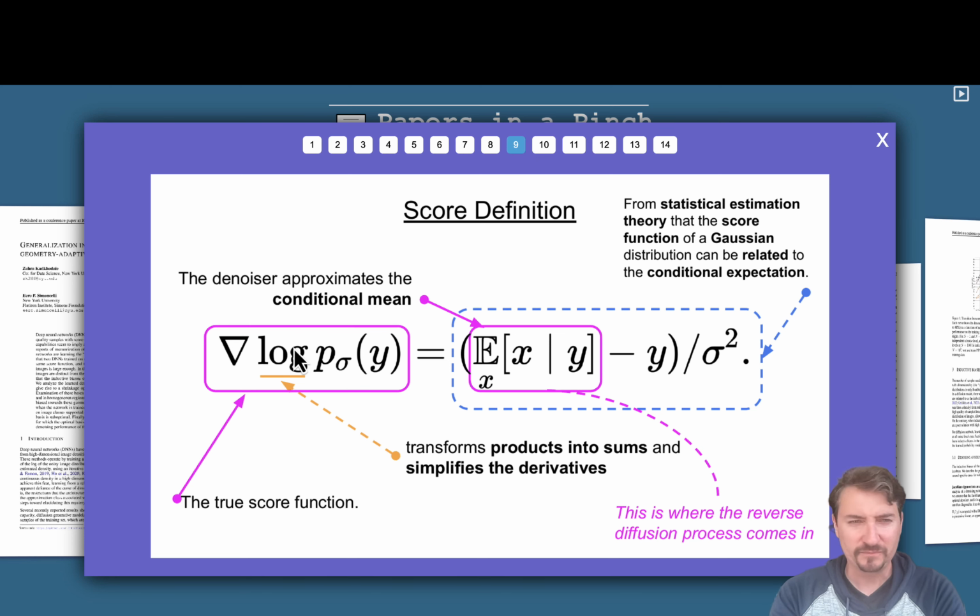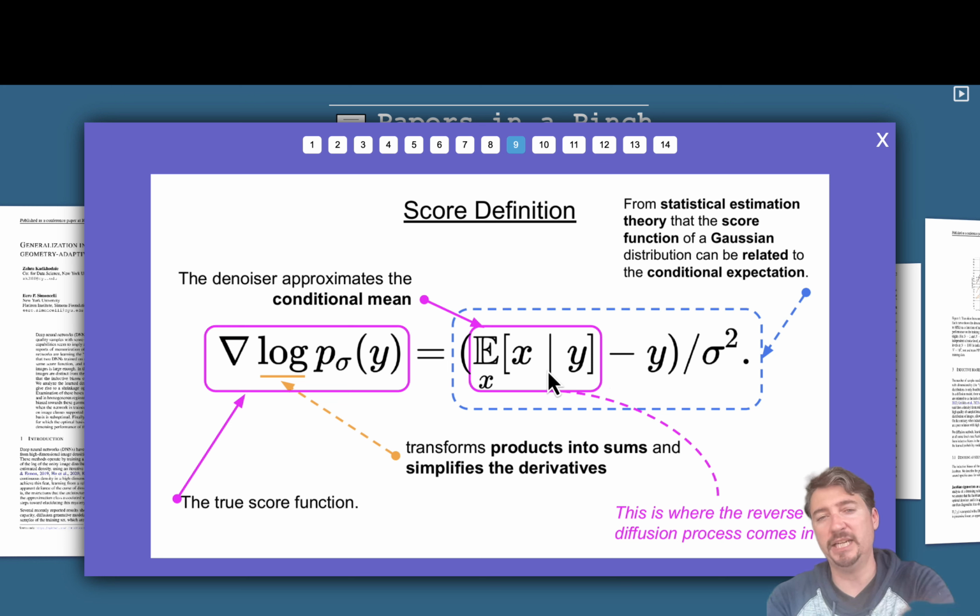And then I said, okay, well, where does that score come from? And the authors are saying, statistical estimation theory basically just shows us that the score is defined in terms of a conditional expectation. Okay, and that makes sense. You've got this, what is the clean image density given